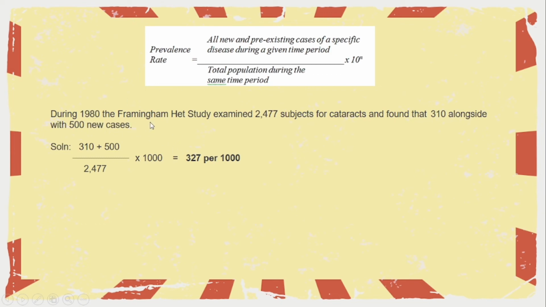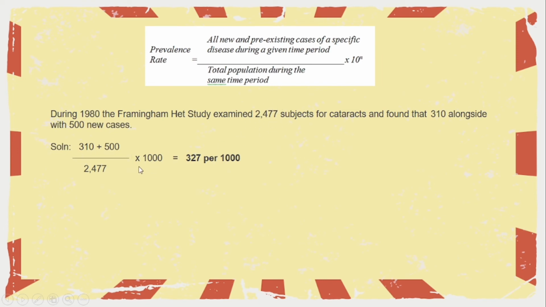So, to solve this prevalence rate, meron ka nang 310, kasi nga daw, all new and pre-existing cases, di ba? Nung tinest daw yung 2,477 subjects for cataract, meron daw siyang na-found out na 310 pre-existing cases alongside yung mga na-test na bagong 500 new cases. Okay? Add mo lang silang dalawa. Kasi nga all new and pre-existing, 310 plus 500 divided by total population which is